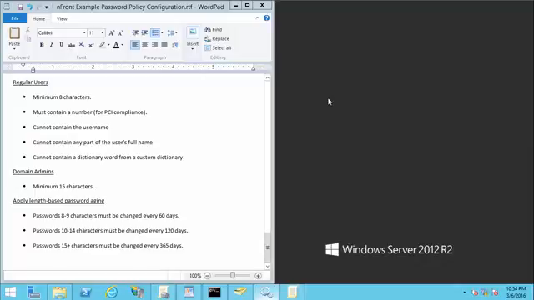In this video, I'm going to show you how to use the nFront password filter product to configure a feature that we call length-based password aging. The concept is pretty simple. We want to allow users who choose longer passwords to keep them for a longer period of time on the